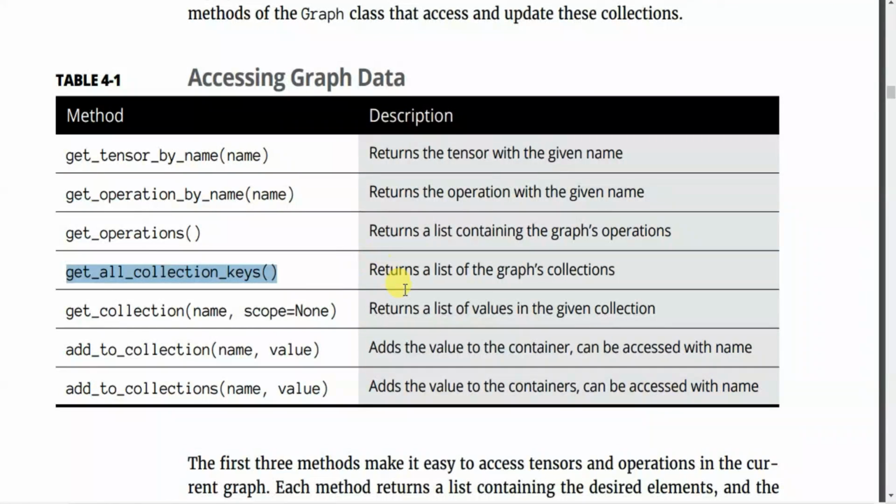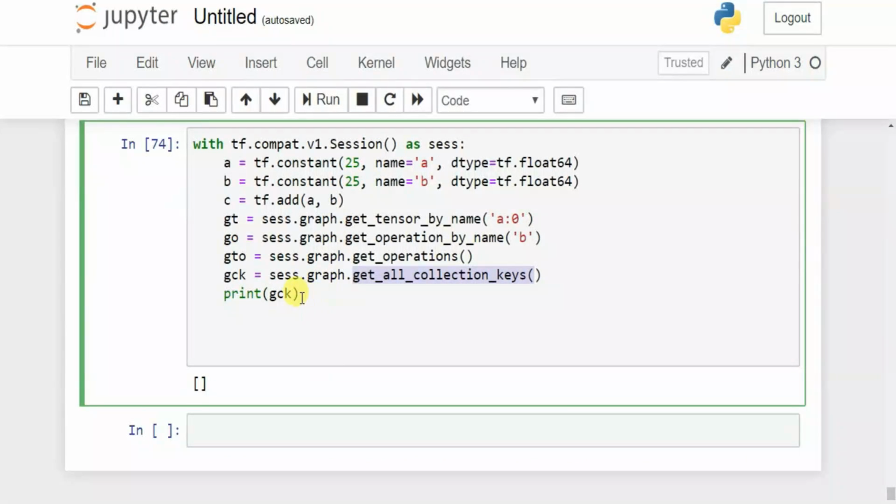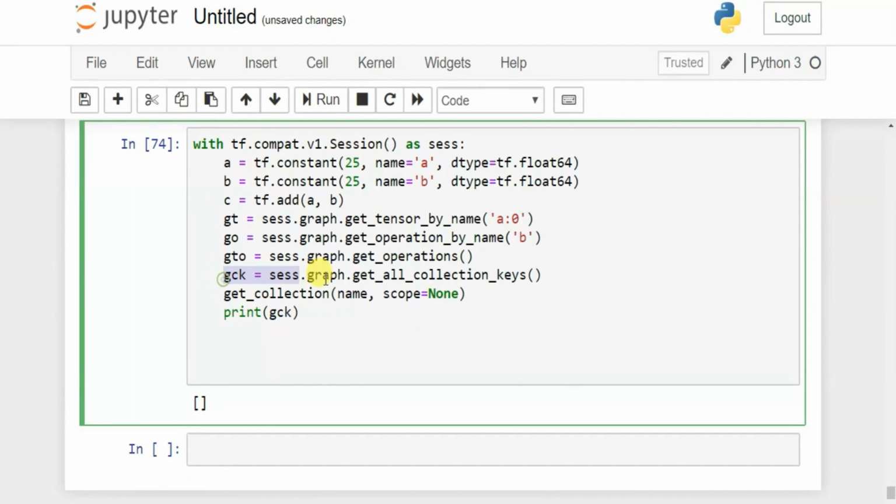And then get collection, name and scope, returns a list of values in the given collection. So let's try this, but we don't have any collection, so let's try. What I'm gonna do is copy this, paste this in here, and then we have to pass name and scope.